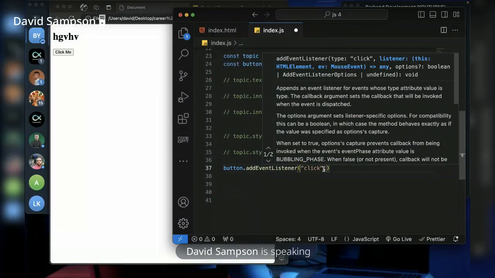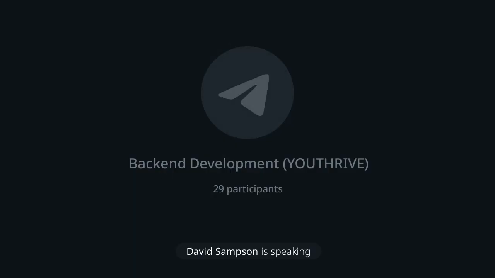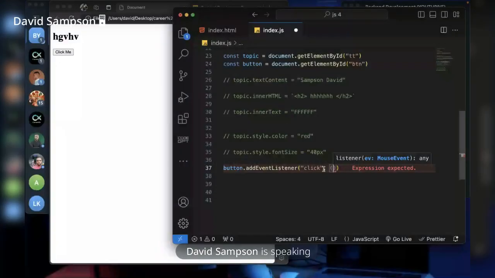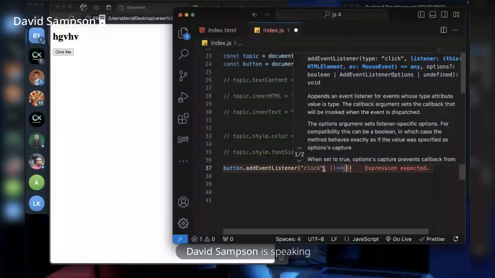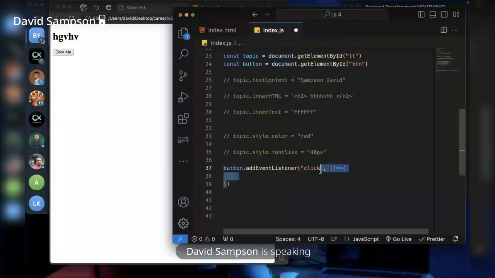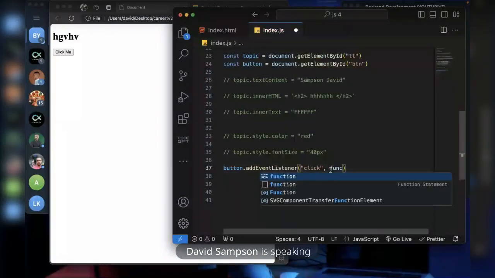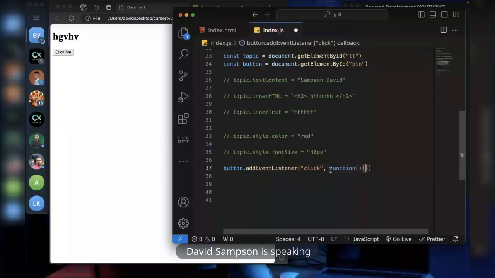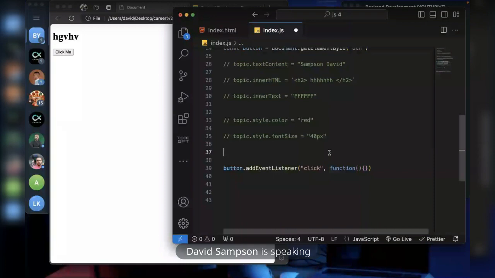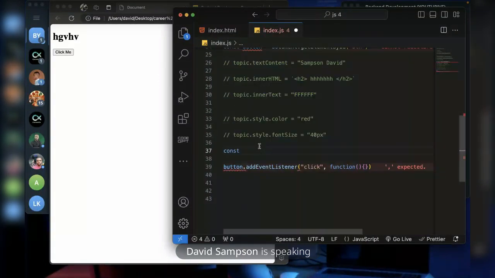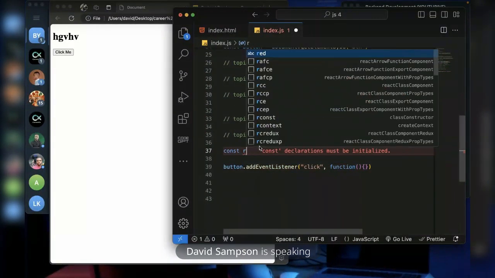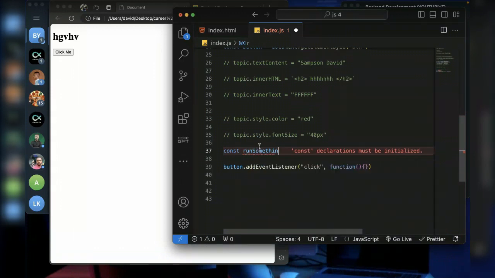Now, you can add an arrow function if you want, which is this. Or you can add a function here, which is the old function, the normal JavaScript function, like this. Or you can declare the function above it, which is const runSomething is equal to an arrow function, and then you put the name here.